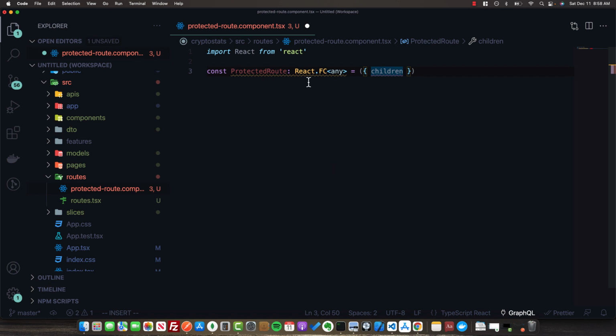It's going to be wrapped around our existing elements in our routes. So we can return a component here. So in our protected route, we need to check in our app to see if we are authenticated. And of course, we can do this by using the helper selector that we've already created to select the current